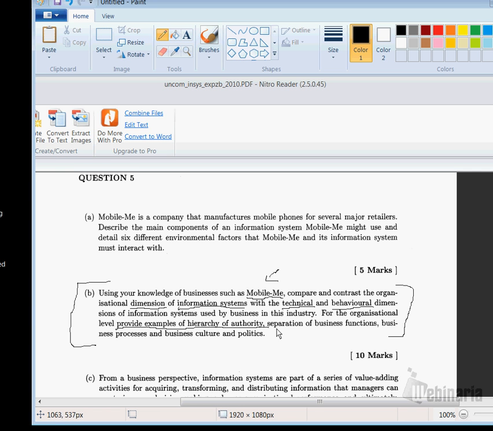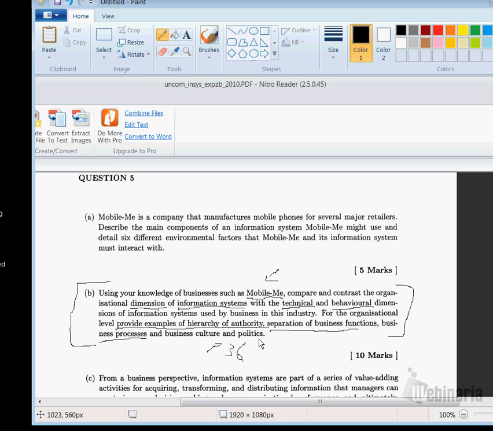And then it says the separation of the business processes. Well, you need to come up with some business functions and processes. You might need to just invent them and say, well, inside the MobileMe organization, we're going to have the following functions and processes. And you can get an example of some functions and processes towards the start of chapter 2 in a nice little table. And let me just dig that up for you. Okay, so if you look at page 36, you get an example of some products and services that might be present in the business,